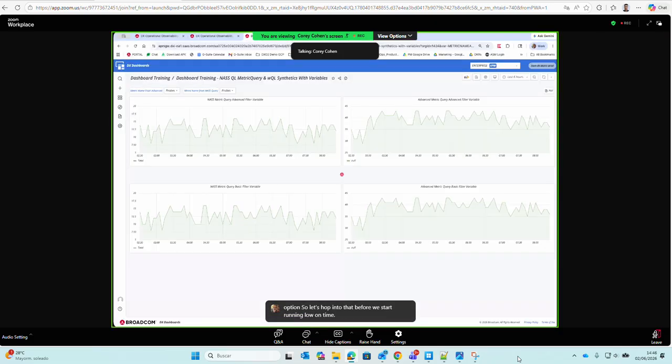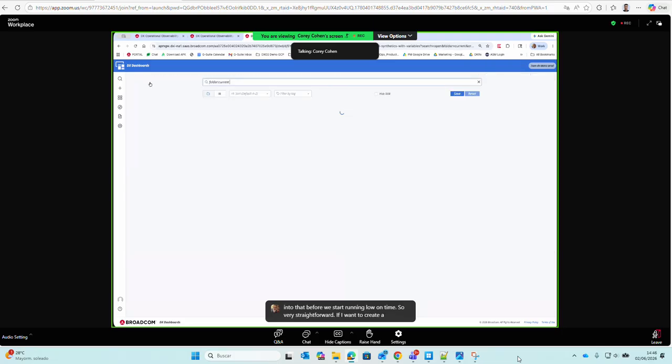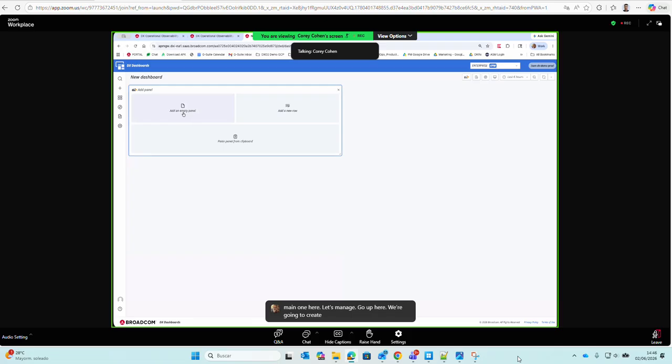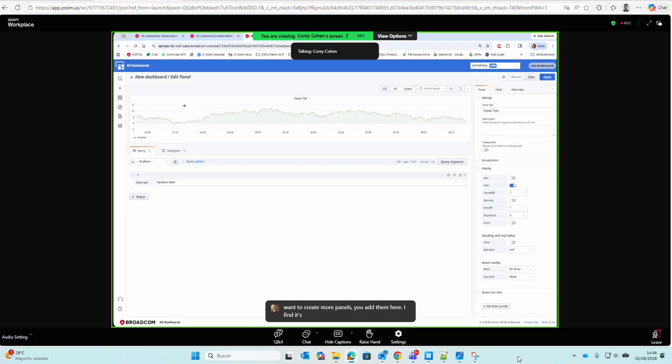So very straightforward. If I want to create a dashboard from scratch, let's go back out to our little folder here. Actually, we're going to go to the main one here. Let's manage, go up here. We're going to create a new dashboard. Very simple. You have a panel, you want to create more panels, you add them here. I find it's easy to add an empty panel. Change my drop down here to either advanced query if it's an advanced query, or AIOps metrics if it's a